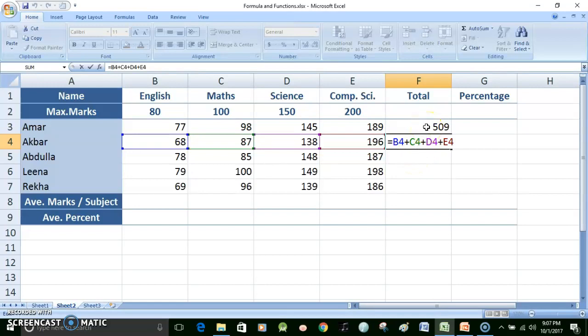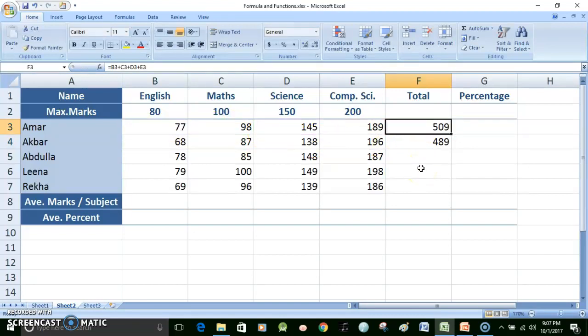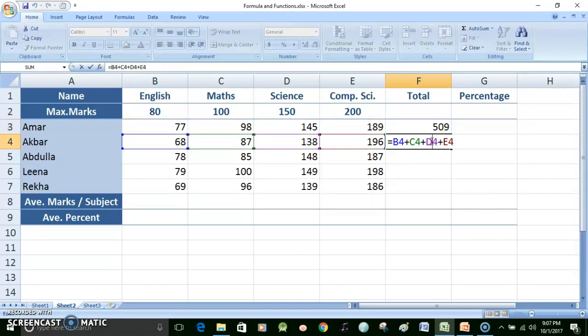So when we wrote the formula for Amar, we had just chosen his 4 subject marks and copied it and pasted it here. So we would expect the same 4 numbers would get added here and it would wrongly point Amar's total as Akbar's total. But Microsoft Excel is intelligent enough to change the reference of this total to pick the corresponding cells